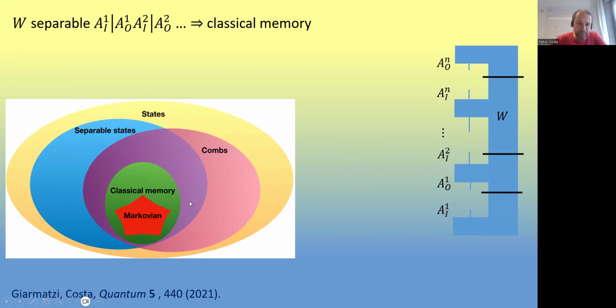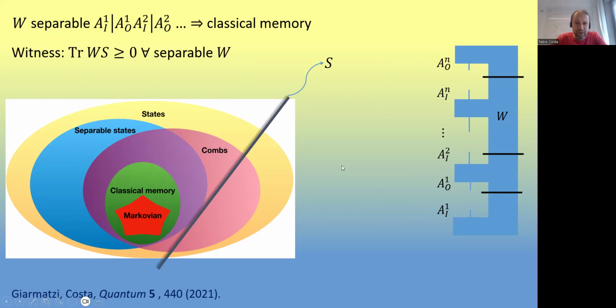We have classical memory processes as I described. Combs are the most general causally ordered processes, so they include classical memory in particular. And separable states are those that are mixtures of product states. As you see, there is a non-trivial overlap because, as we said, some separable states might not correspond to classical memory. However, what we know from the theory of entanglement,